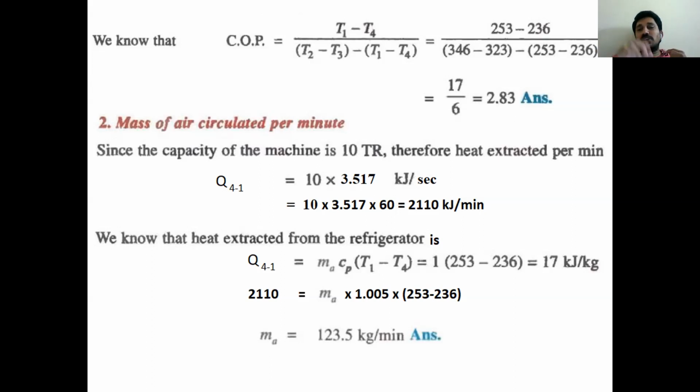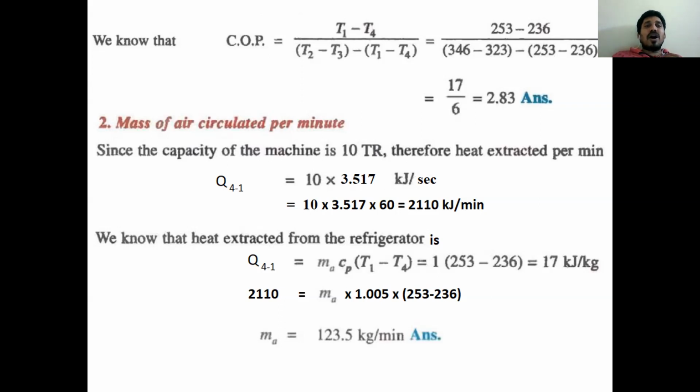This is the first objective. We completed with temperatures. Or directly you can also determine with the help of pressure ratio, because pressure ratio values are already given in the problem. Pressure ratio means P2 by P1 or P3 by P4. So using that pressure ratio, you can determine COP in another way, which is 1 by RP power gamma minus 1 by gamma, minus 1. Like that you can determine.